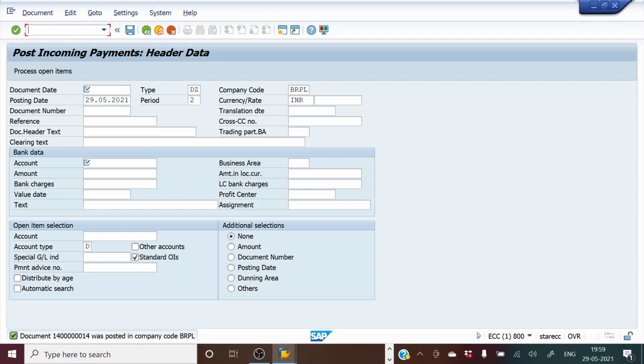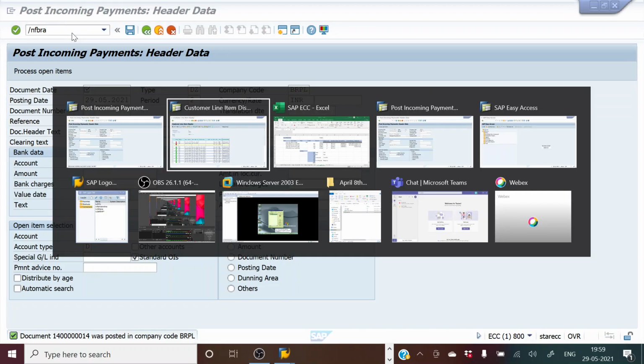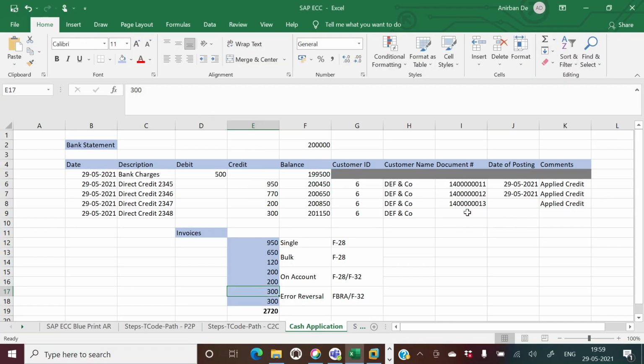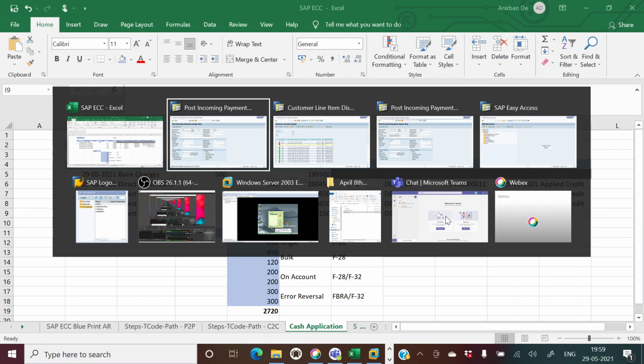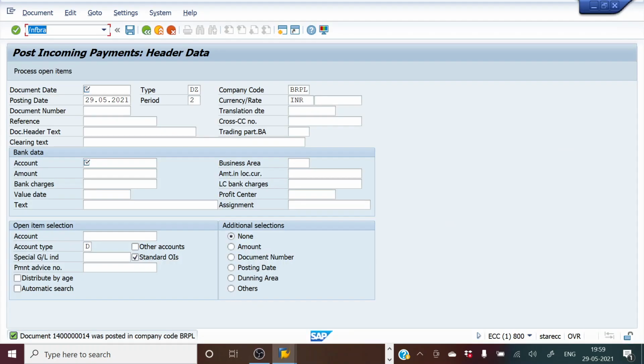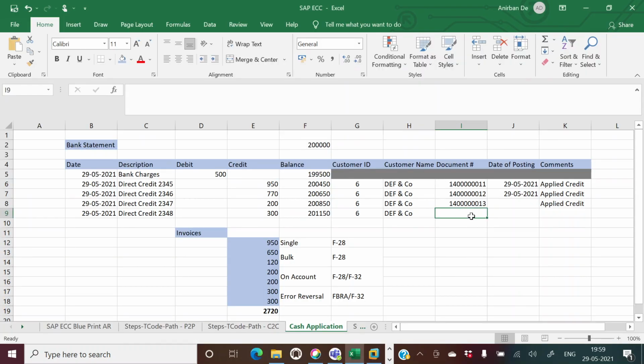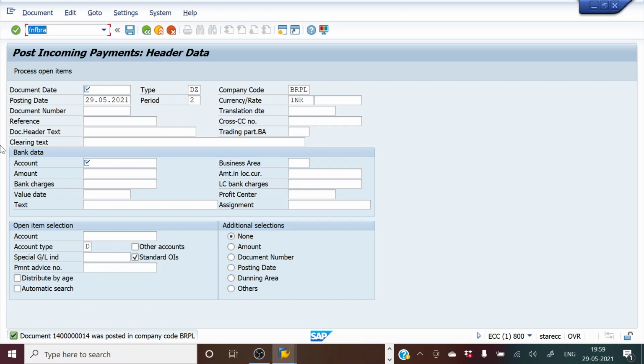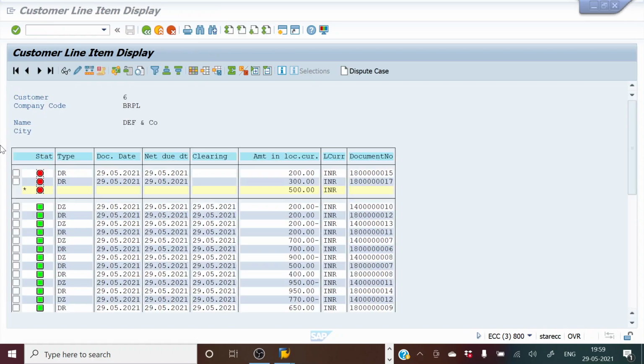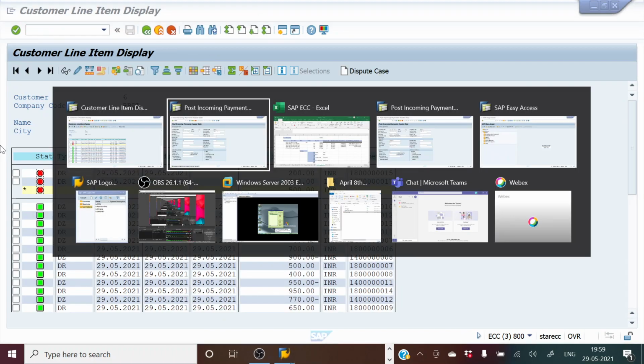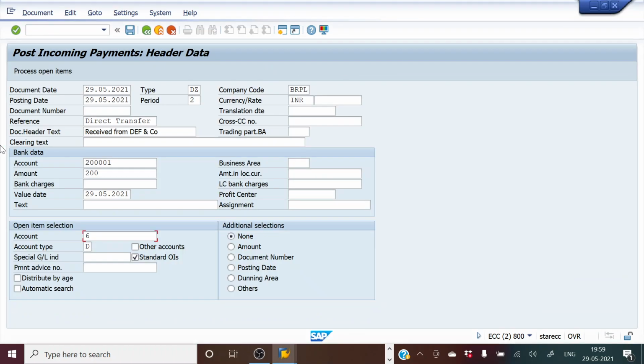So I'll go here /n FBRA, and before that let me confirm this will be the wrong entry. This is 14, right? So the wrong entry was 14, correct? So we will have to reverse the wrong entry through FBRA. So where was I?